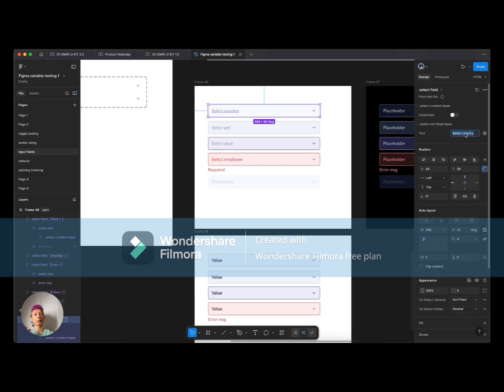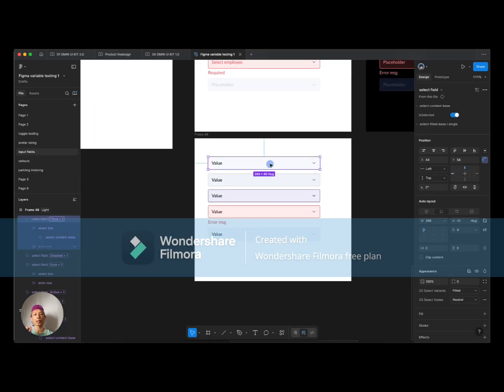Then we are able to change, let's say, the text directly from here. But when it's selected, when the variant is filled, then you see that the nested instances' properties are not exposed. I'm not able to change it as well,